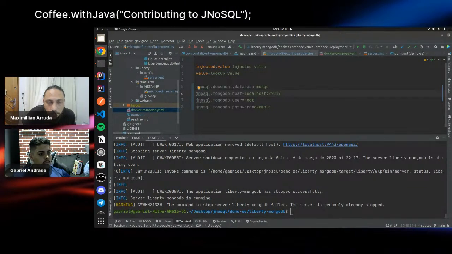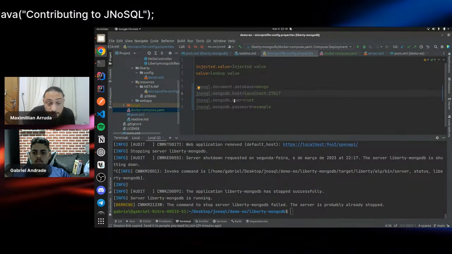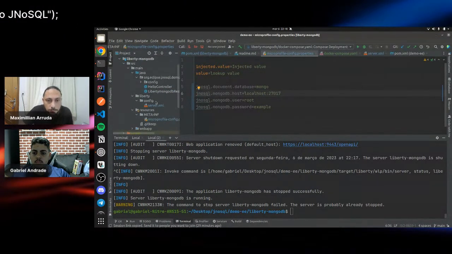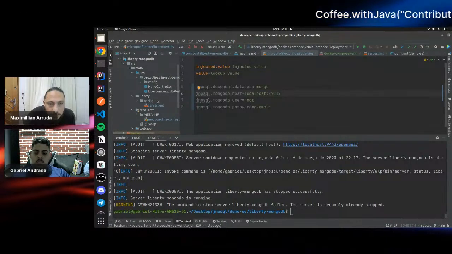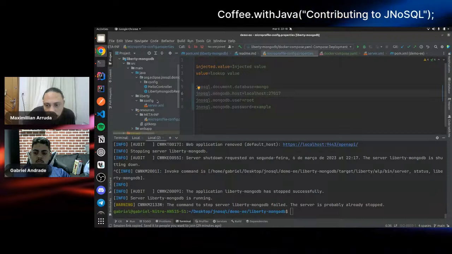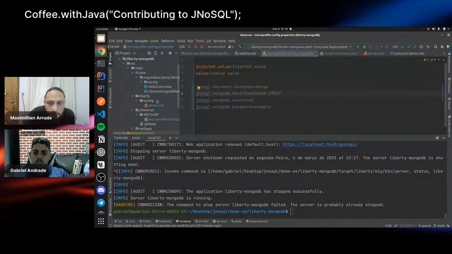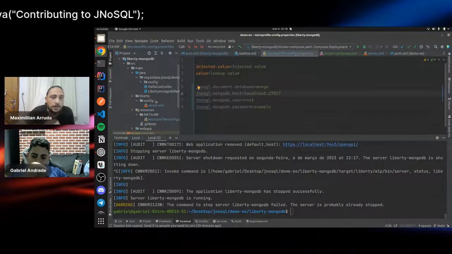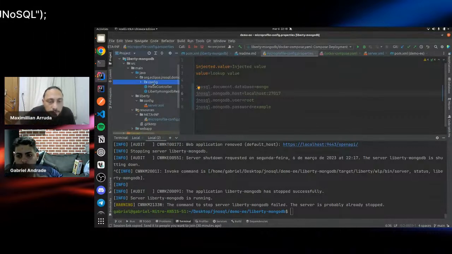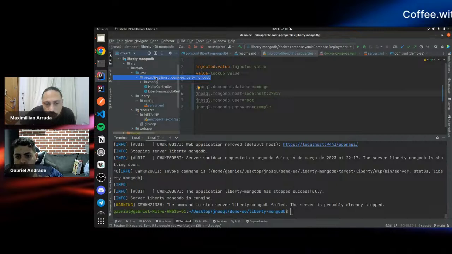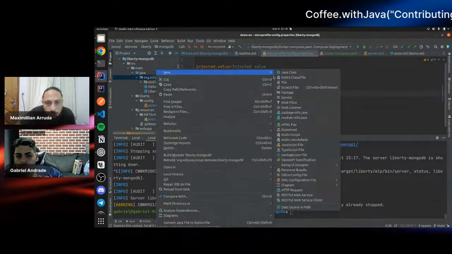So right now, let's go back to the code and get started developing something. You can see that there is a demo DB package. I think you could create any kind of class down here. It will be our entity.